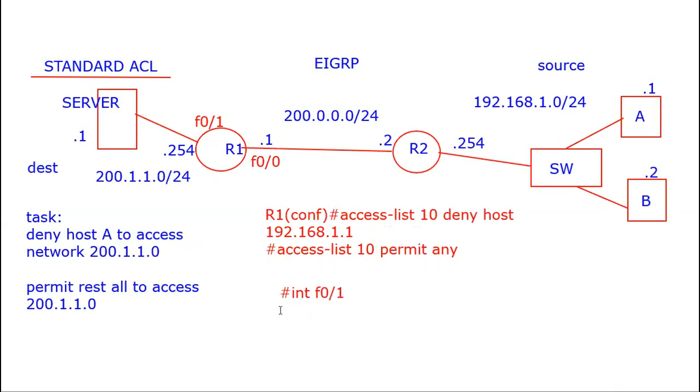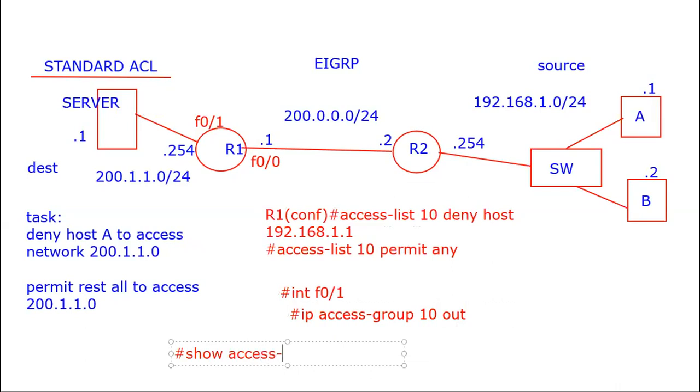And here the command will be ip access-group. Now you have to group these access list statements that you have created into a group. The number will be the same as you used, 10. Then inbound or outbound. So it is outbound, so write out. If it is inbound, you have to write in. That's it. When this is done, you can verify the access control list by